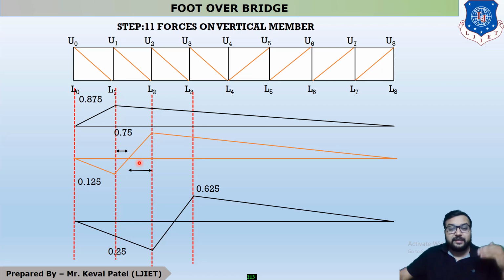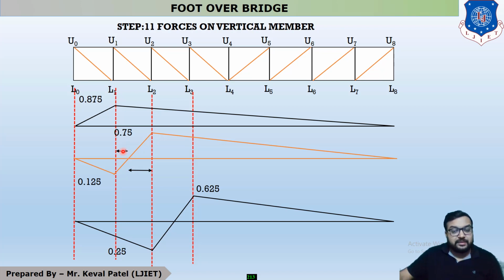So first of all you have to find out the tensile area and compression area separately. For that, you have to find out the point of contraflexure, at which point your influence line diagram goes from negative to positive or else positive to negative. Okay. So say for example, this distance is 3 meter. So whenever we have to find out some distance, it is because we have to find out the point of contraflexure.